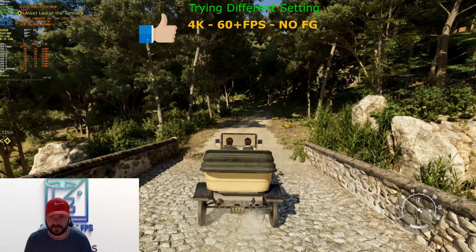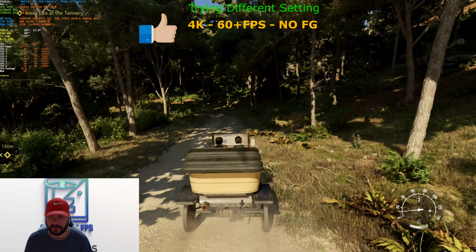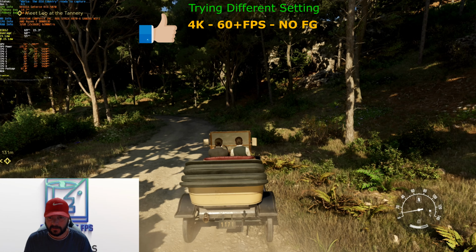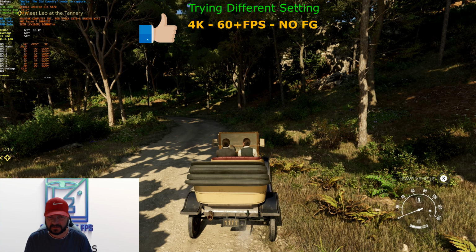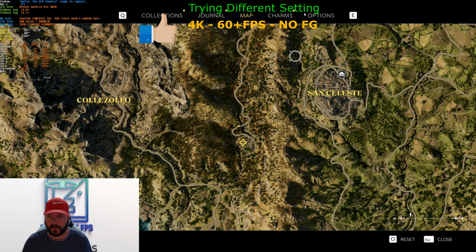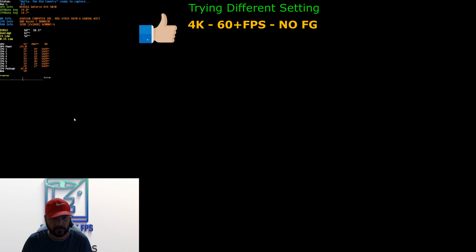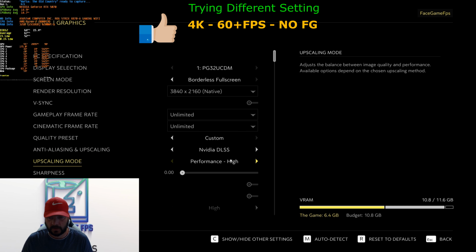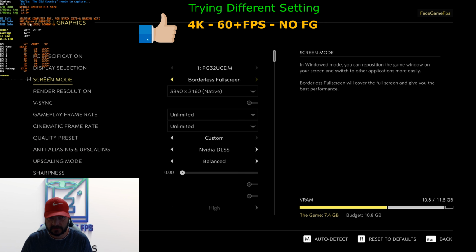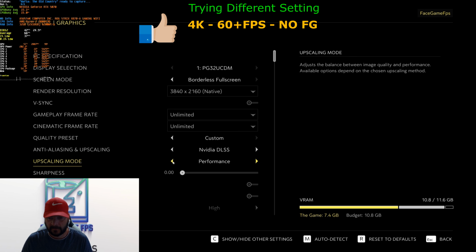Not bad. I mean, the performance kind of looks weird. Yeah, that looks kind of weird, but it's over 60 FPS. Let's see what happens if I can change the settings over graphics settings to let's do balance. Let's drop into the 40s. If I do performance,